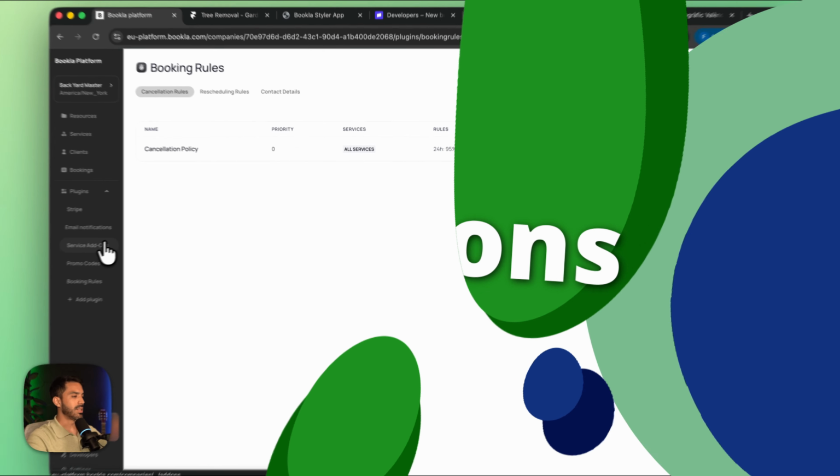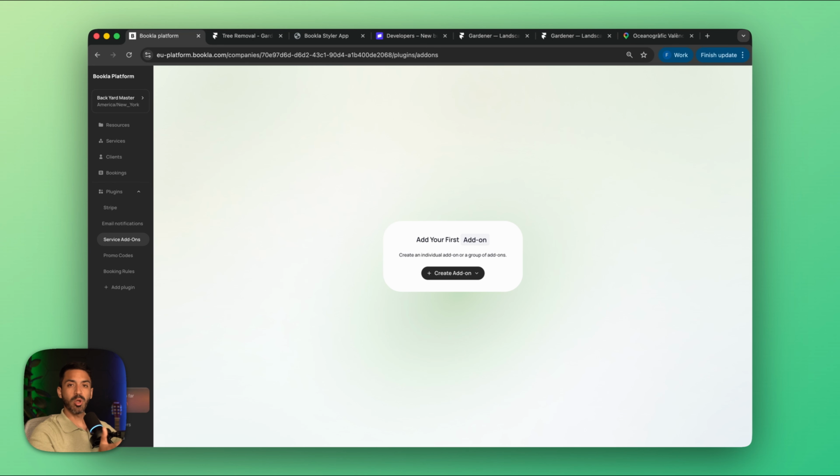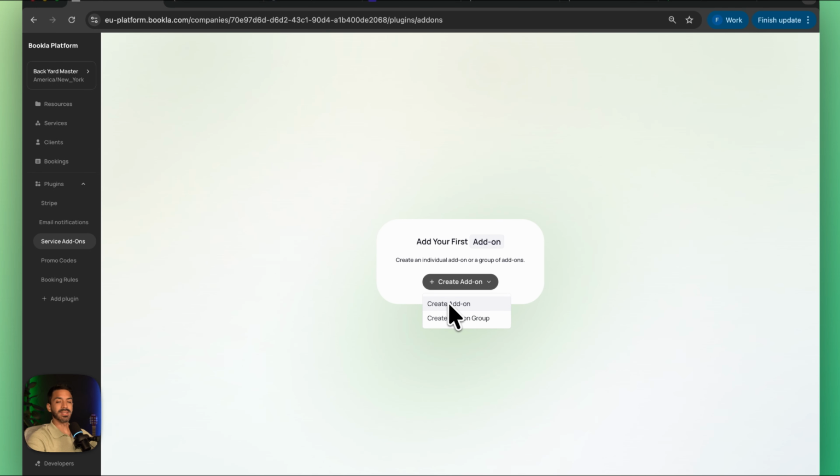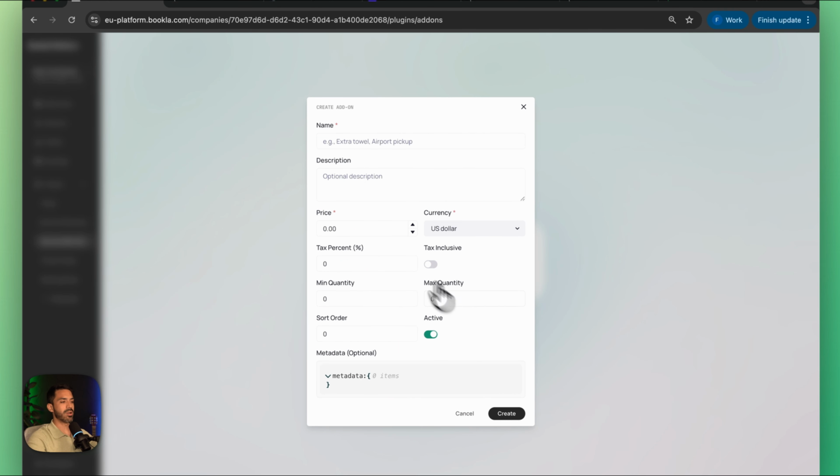Now we need to add the service add-ons. This plugin is the one that is going to take the component to the next level. So let's begin adding the add-ons. We can create a singular add-on or a group add-on. Let's begin with the single add-on. First thing, we give it a name. For example,